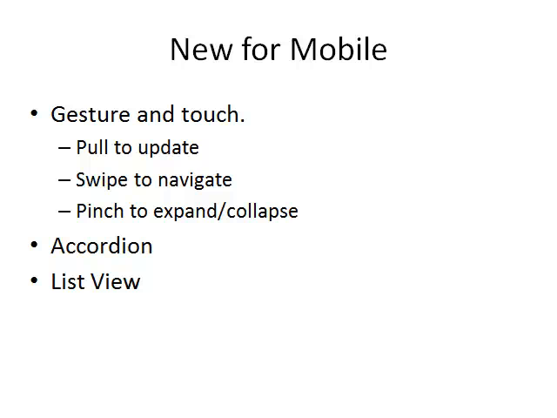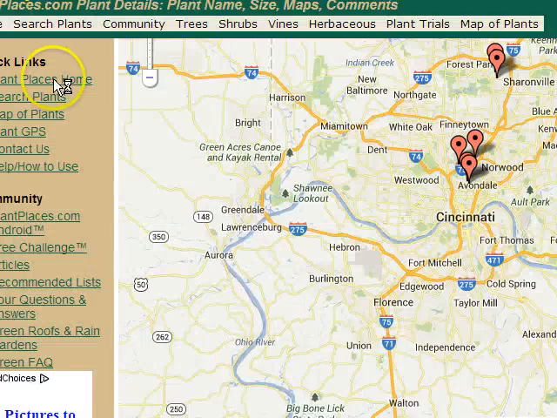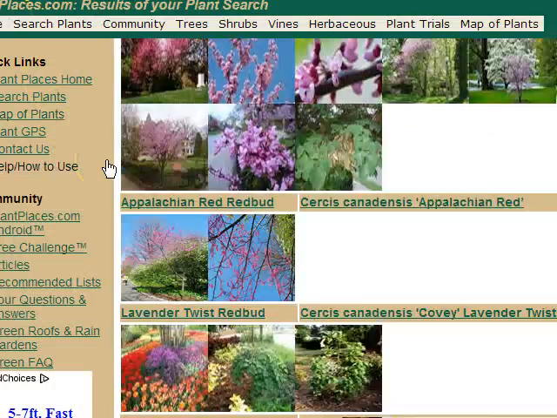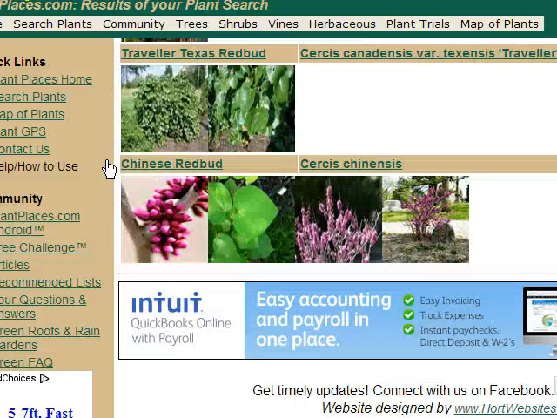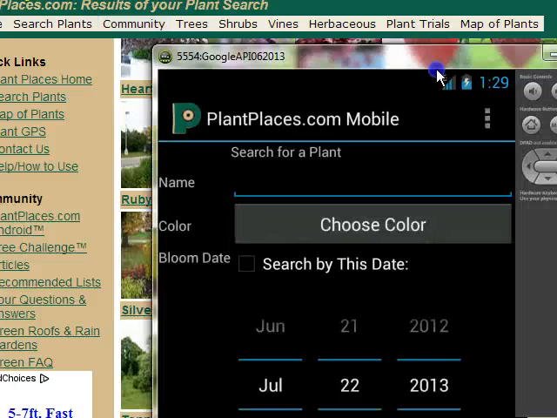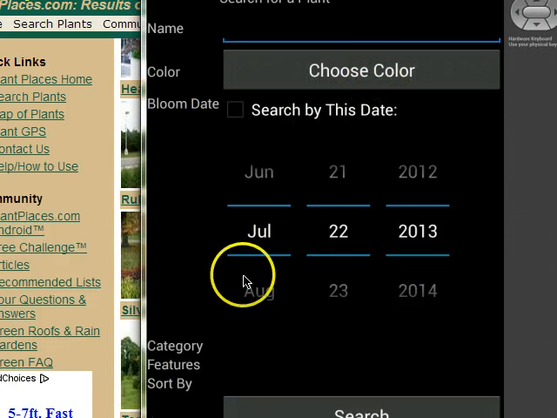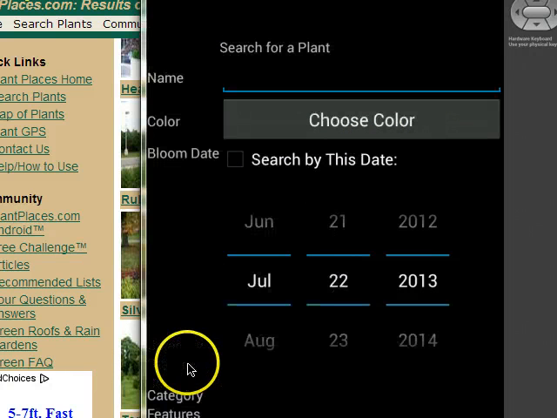List view is another one where in the web we would many times have a results page like we just saw. Okay, we'd have results. A list view is like the one we saw when we did search by color, and it gives us a list of plants that match. Or if I come down here, here's the Plant Places mobile search, and you see I really wanted to put a lot of details on this,